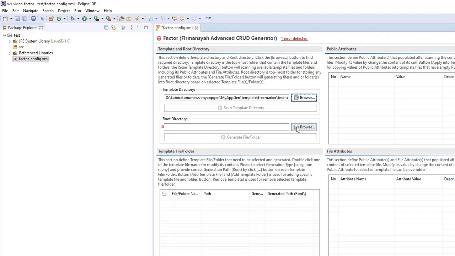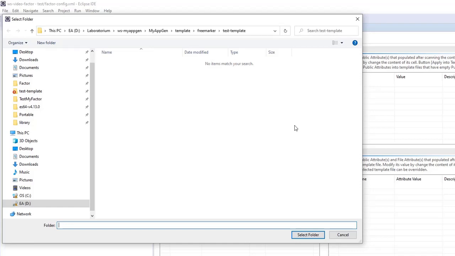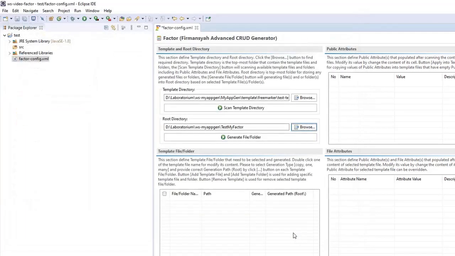So we can click browse to choose any folder that you want to target as the directory for the generated files. In this case, I want to choose the test my factor folder as our target. Select folder, and then these two buttons will be enabled.